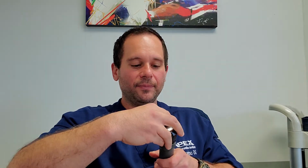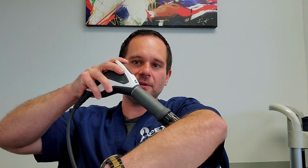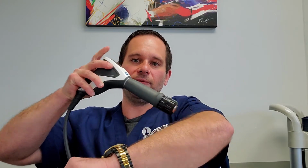a second head. And what this is for is actually to treat this soft tissue around the area. So for something like a chronic tendon, like a tennis elbow or a plantar fascia, you also want to treat the muscle around it to help loosen it up so that it's not tight anymore. And then you would do the same thing. You would just move this around in that soft tissue area until